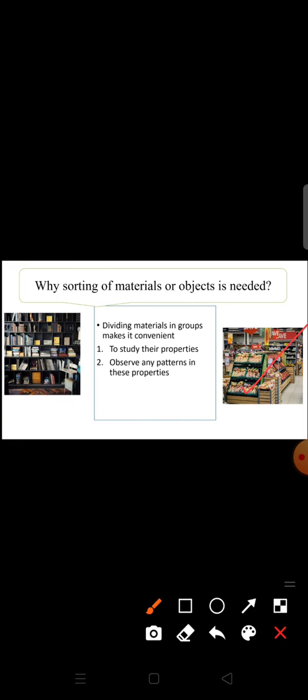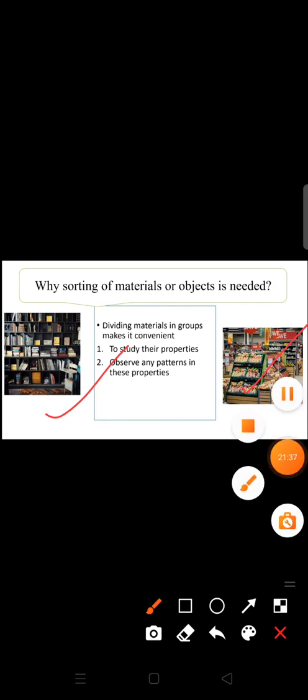Okay, so that is the reason why all the things are placed systematically. Similarly, in the school library, all books are placed under different headings such as English, science, and mathematics, so that there will be no confusion, and it would be very easy for the librarian to locate them immediately. Okay,